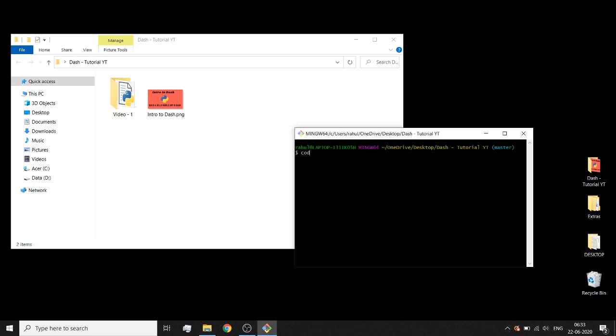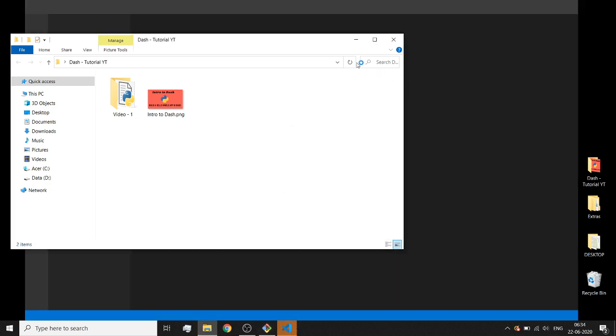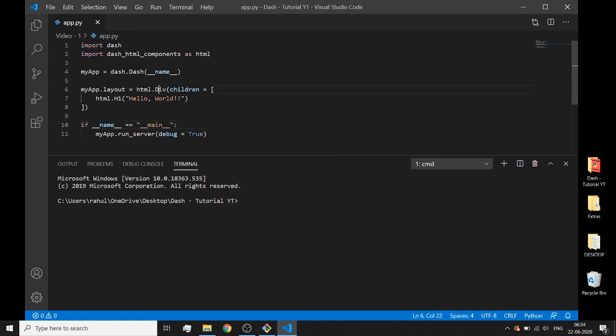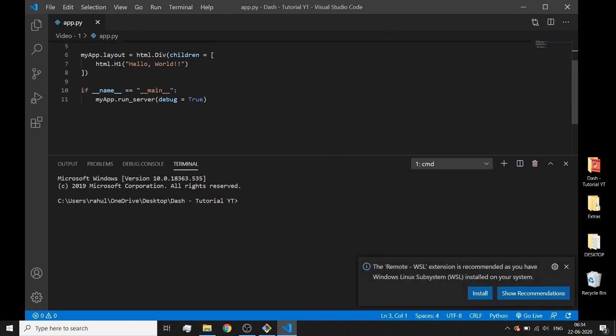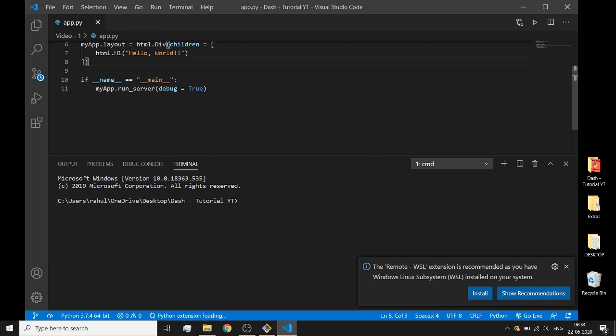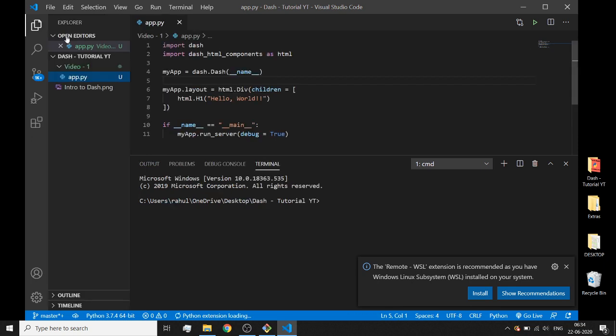I'm going to open Visual Studio Code in the project directory, and in this directory I already have the application which I created in the last class, which just displays the text hello world to the screen. Now I'm going to make another folder and call it video 2.